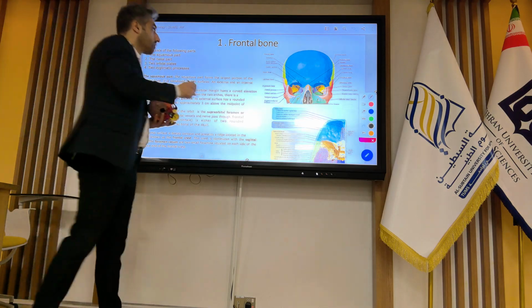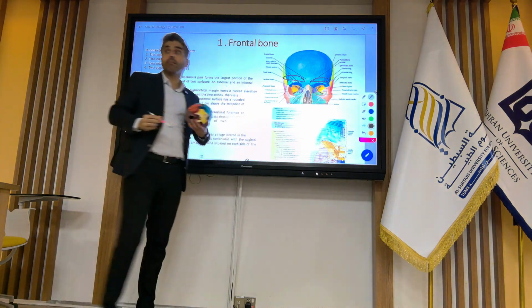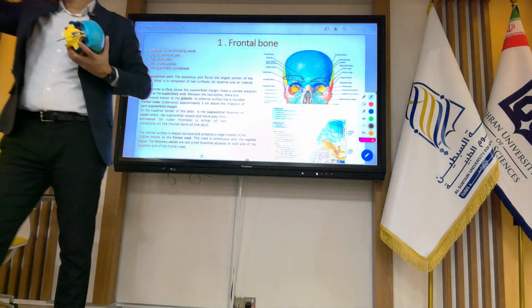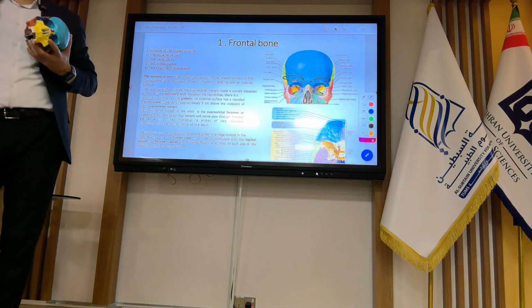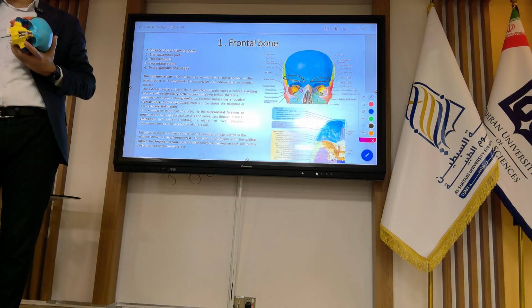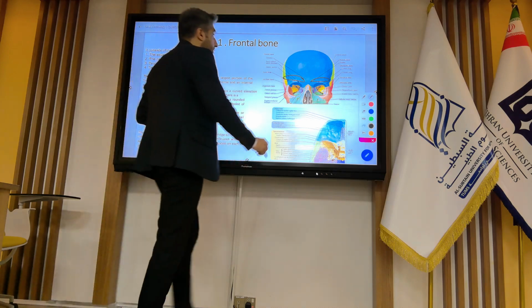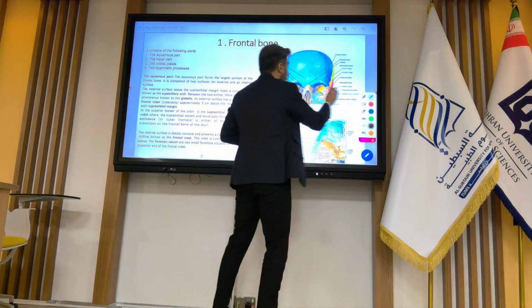It's here. In men, the superciliary arch is bigger. Why? Because the sinus inside this region is bigger. The frontal sinus in men is bigger, so this arch is bigger. Behind the eyebrow, it's here. Superciliary arch. Between these two arches, you have a flat region,